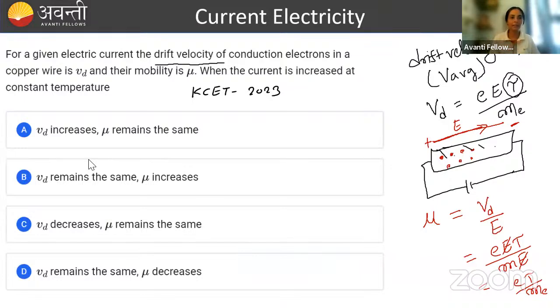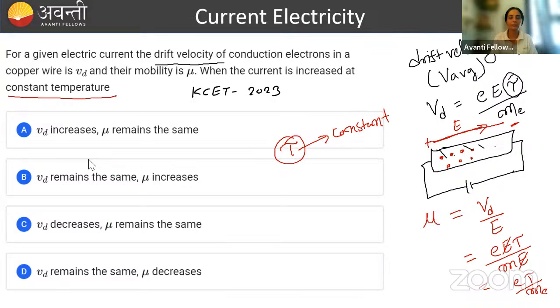Now let's answer the question. When the current is increased at constant temperature, temperature is constant. Now see, what things will depend on temperature? This relaxation time tau depends on temperature, because just imagine if you are increasing the temperature of the conductor, what will happen? Whatever free charge is inside the conductor, their randomness will increase, right? Because you're giving it more energy, they will start moving more randomly, and then there is more chance that they will collide with each other. It means relaxation time will get reduced. So tau depends on temperature, but here temperature is constant. So tau is here also going to be